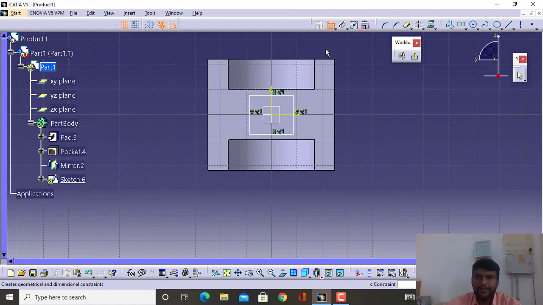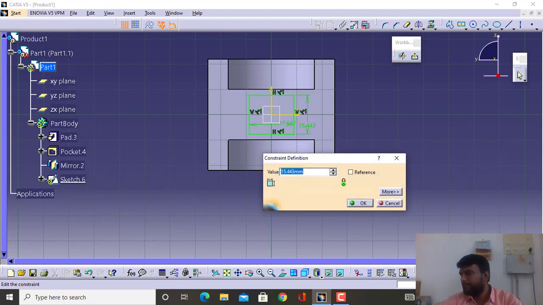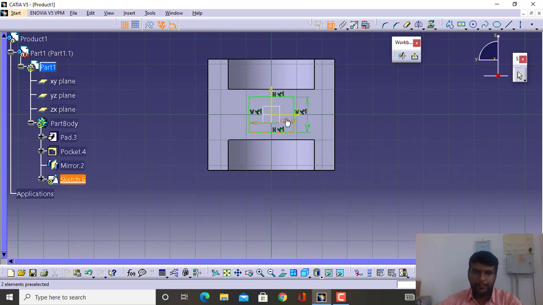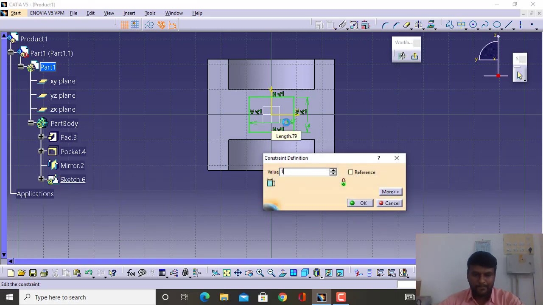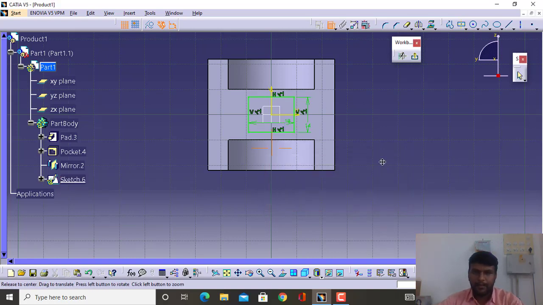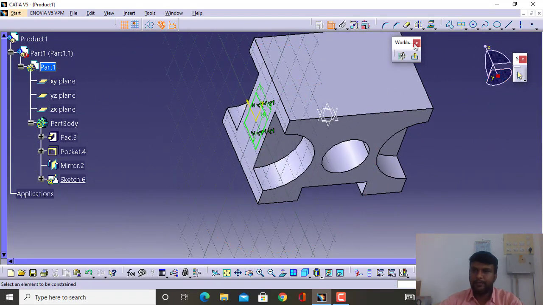Next thing is just define the dimensions. This is one dimension, there is a second dimension. Define the value and exit the workbench.